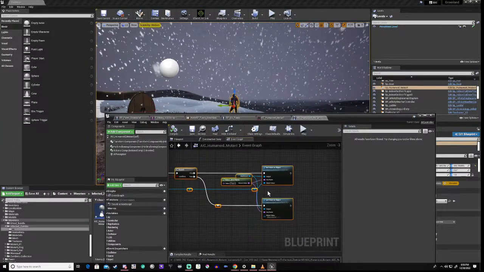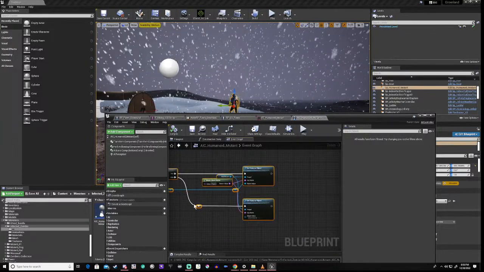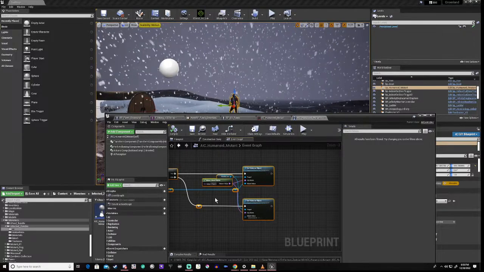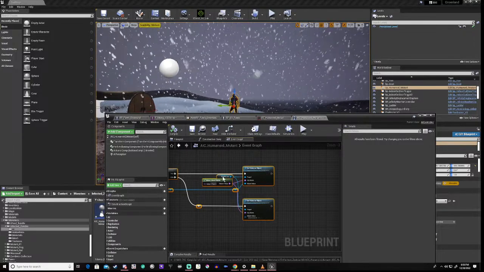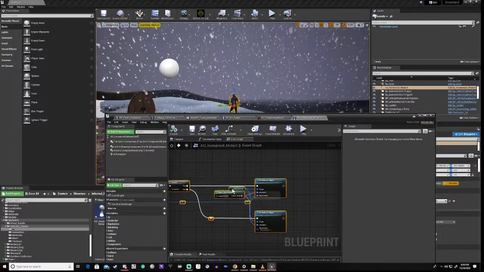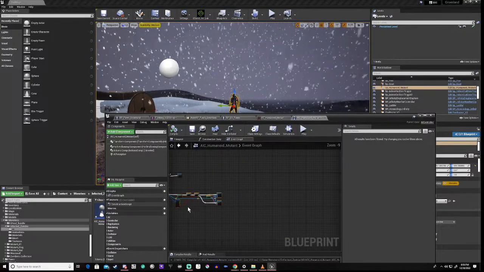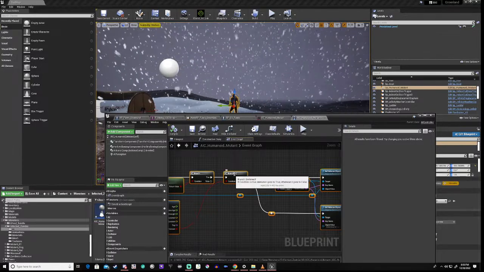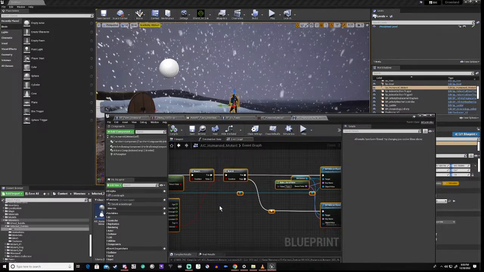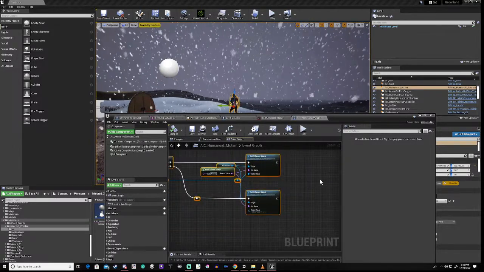Okay, what we really need is the has target. Okay, so with that in mind, oops, shouldn't move that. Anyway, right, with that in mind,